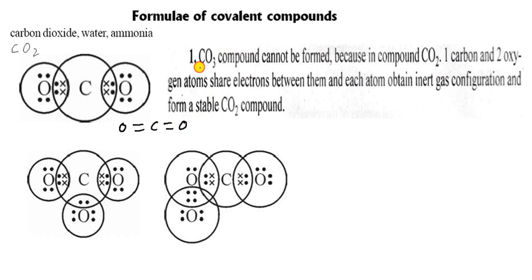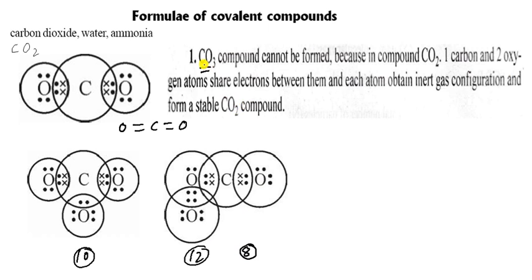But in case of CO3, it is not possible to share and complete the octet. You can see here, it is 4 and 4, 8 and 2, 10. So it increases the octet rule. In this also, 4, 4, 8, 8 and 4, 12. So here the outermost orbit has 10 electrons and here 12, which is not eligible for completing the octet. For completing the octet, it is 8 electrons only.